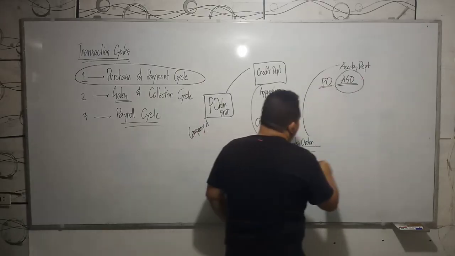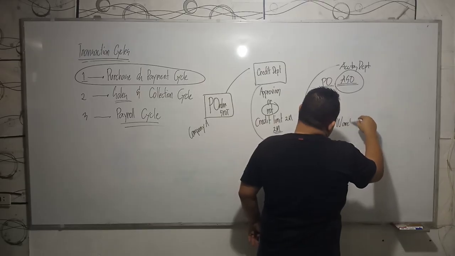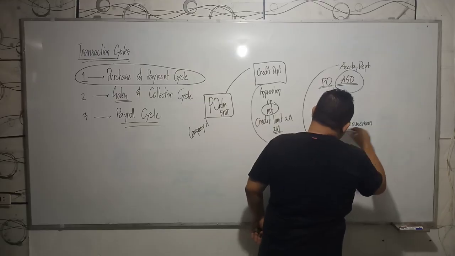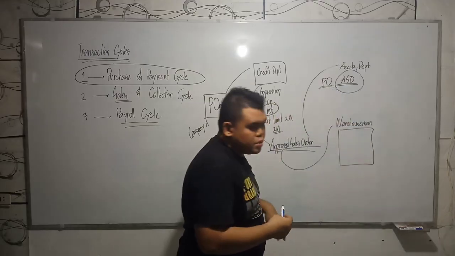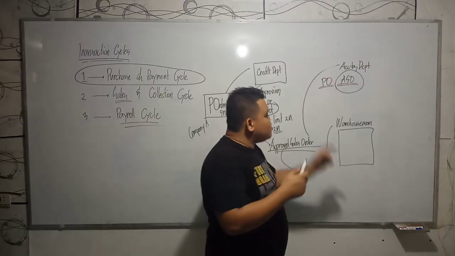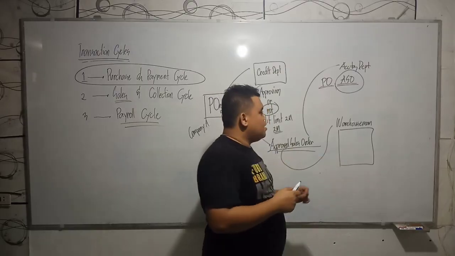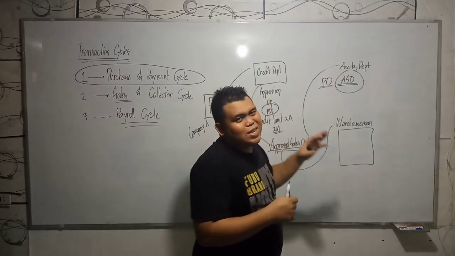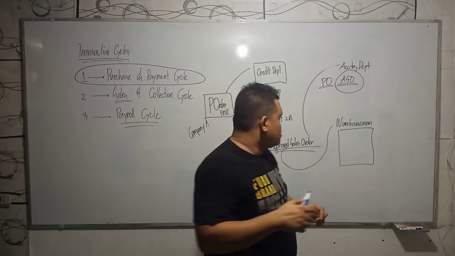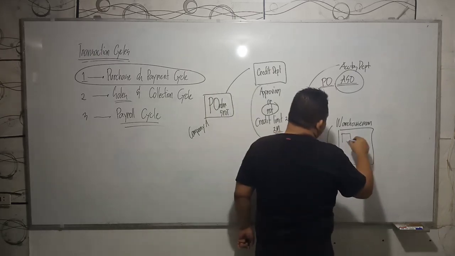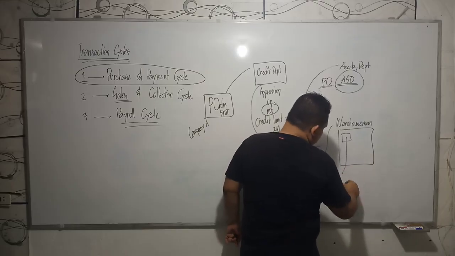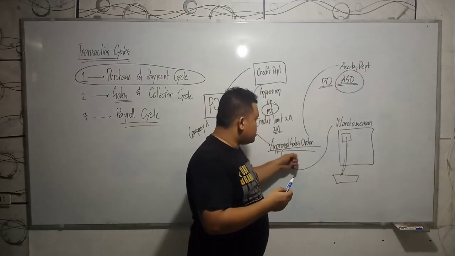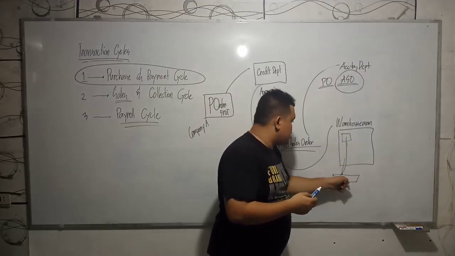And the other copy will go to the warehouse, whereby the warehouse man will take a look at the items in the approved sales order and determine the availability of those items. Is it available or not? In this particular discussion, let's assume that there is availability. So what will happen is, the warehouse man will get those items listed in the sales order.